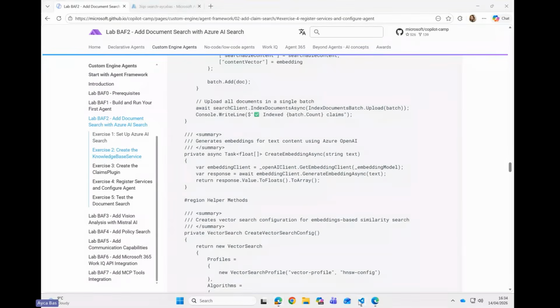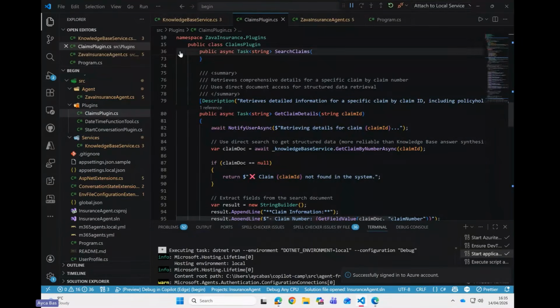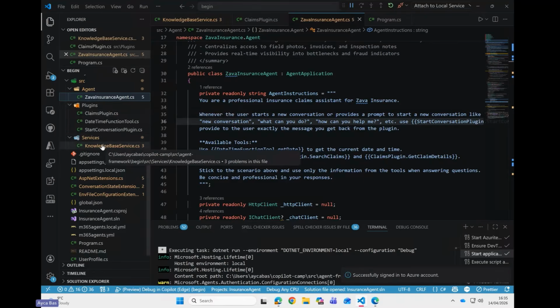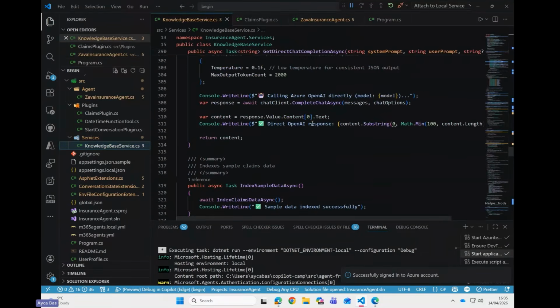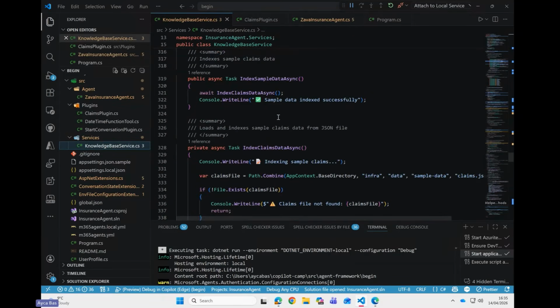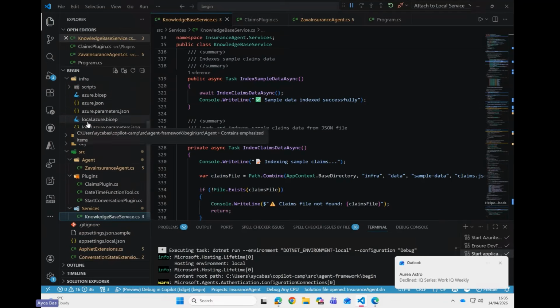It's actually better if I jump into our source code right away. In the previous session, you learned that we have an agent that connects to plugins, and those plugins, if we need to, can consume services. In today's session, we are going to add more tools and skills into our agent. To be able to do that, we are going to add the knowledge base service. In a knowledge base service, the first thing we do is indexing data. And the data comes from, again, our